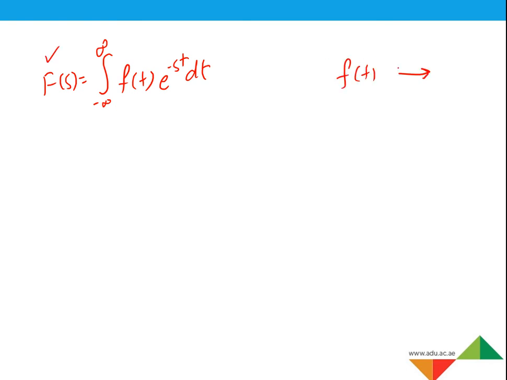Welcome back class. So we were learning about the Laplace transform, and last time we learned that if you have any function f of t, then you can calculate the Laplace transform of that by multiplying with e to the power minus st and integrating, and we get the Laplace transform of that function. Okay, so in pair form we write like this.